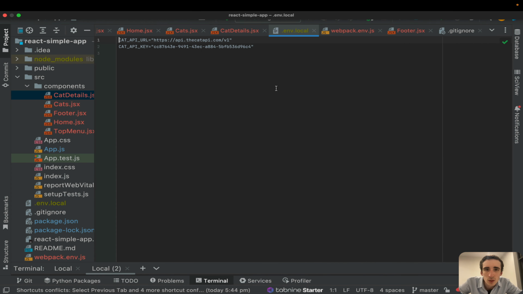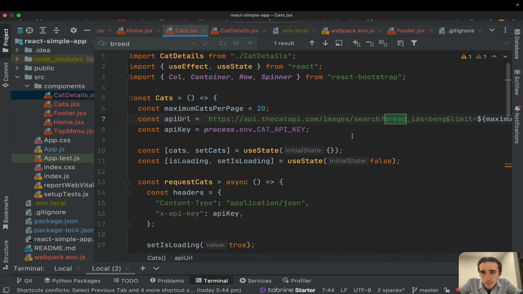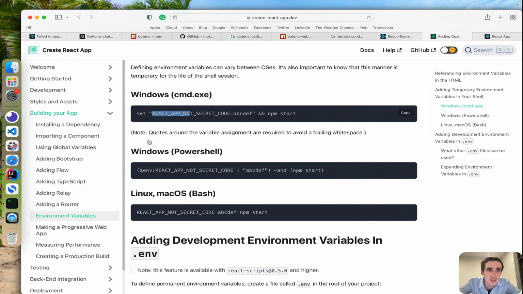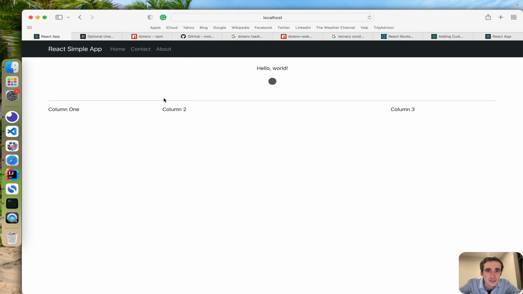So now let's go back to our application. This one we can ignore. I will just copy the key again, and I will paste it back in the cat component here. And now it should be fine. So let's see, and let's refresh again. Oh,